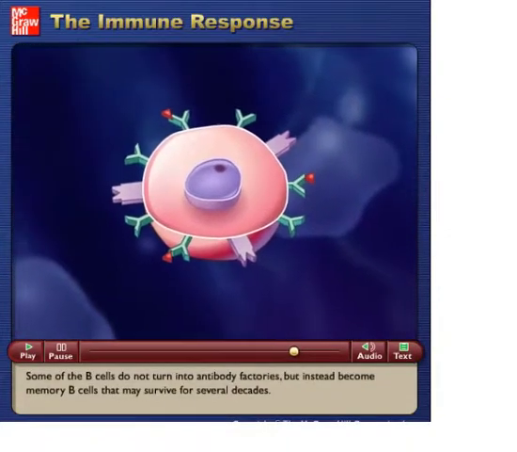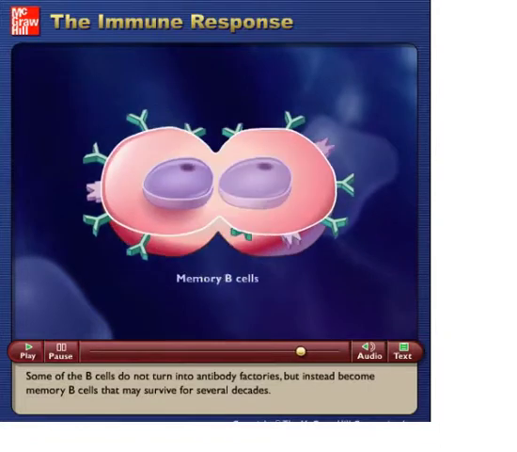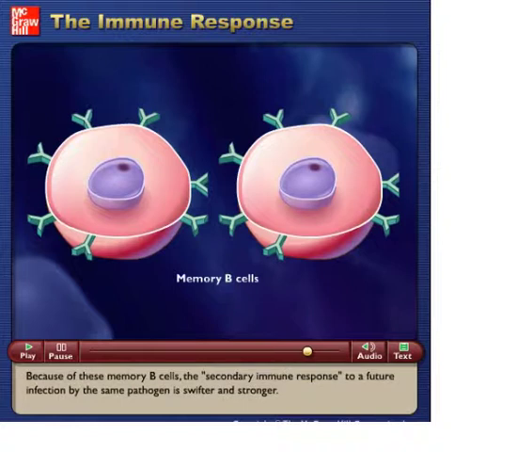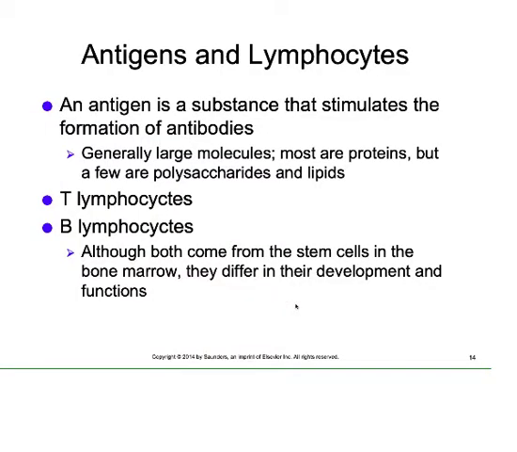Some of the B cells do not turn into antibody factories, but instead become memory B cells that may survive for several decades. Because of these memory B cells, the secondary immune response to a future infection by the same pathogen is swifter and stronger. This powerful secondary immune response is what gives immunity to some diseases after you have had them once or after you have been vaccinated. Okay,